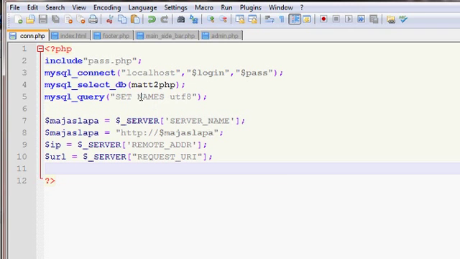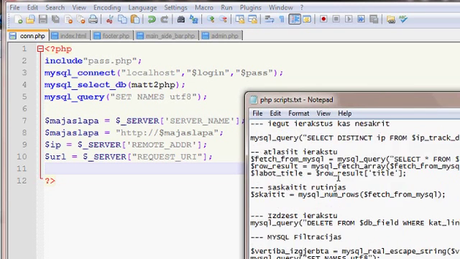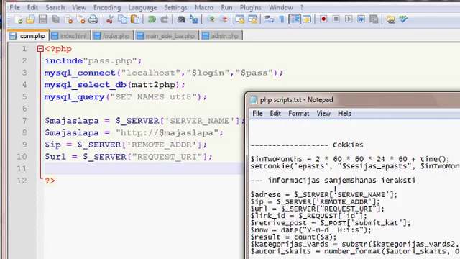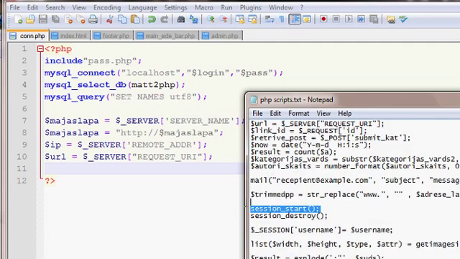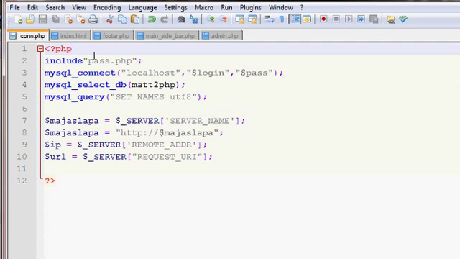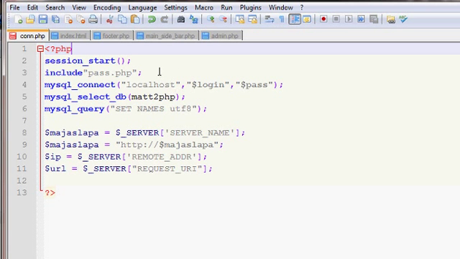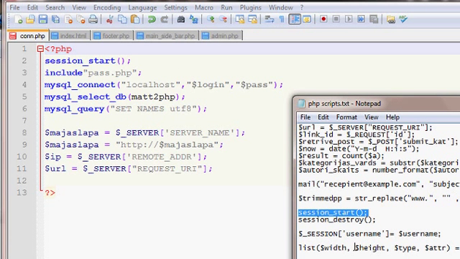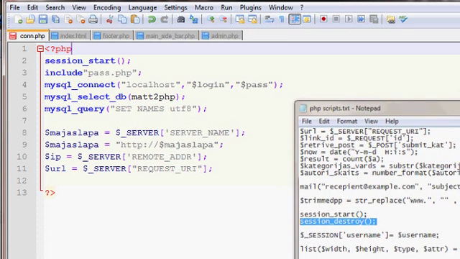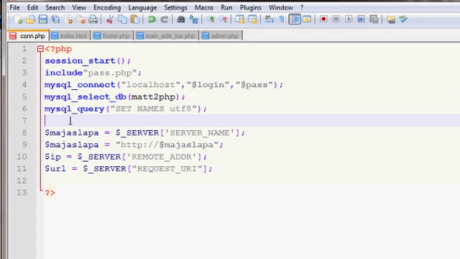So now we always need to write a code which is session start. I'll write it on top everywhere, session start. It means that the system will recognize that somebody is logged in, and for logging out you need session destroy. Alright, so right now, if we log in,